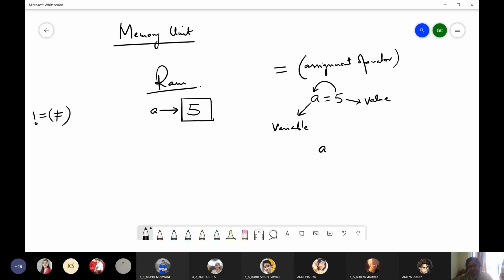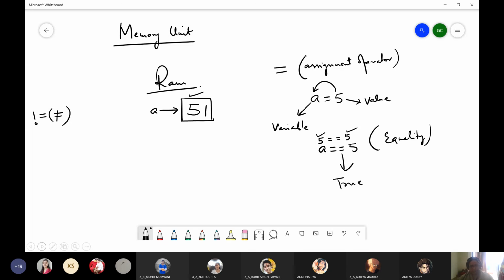But if I write A double equals 5, here I am checking equality, whether A is equal to 5 or not. In the memory, we can see A contains 5. So I am trying to check whether this 5 is equal to this 5 or not. The answer you will get is true.